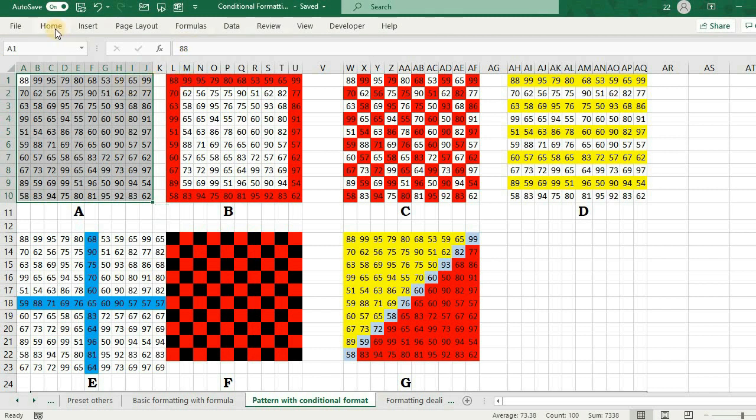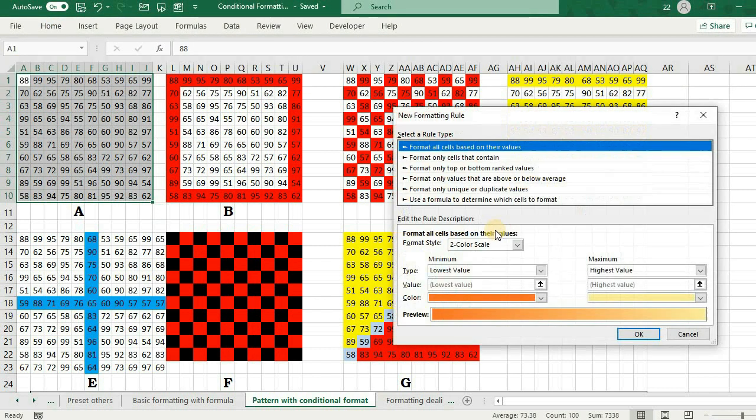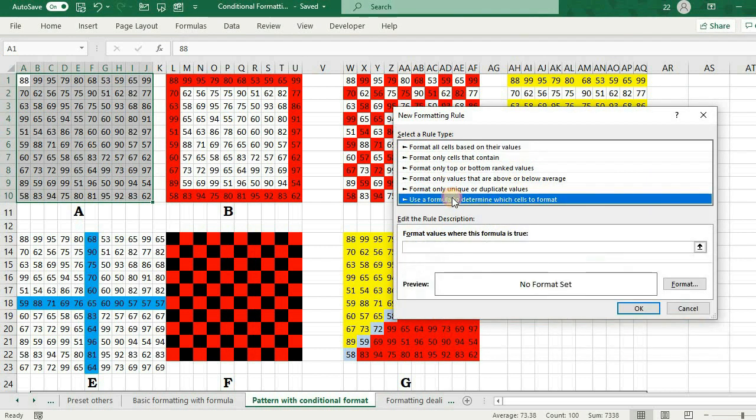So I'm setting the new rule, conditional formatting, new rule. So row number of A1, right, equals column number of A1.